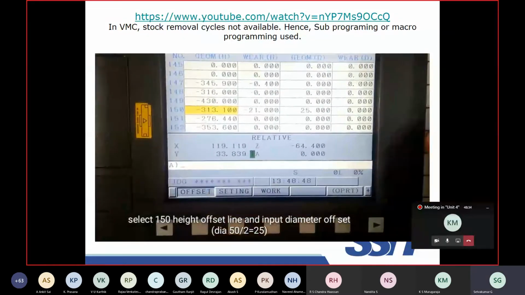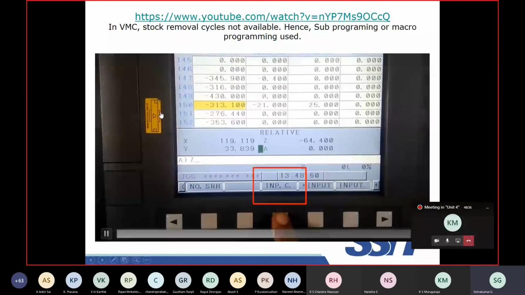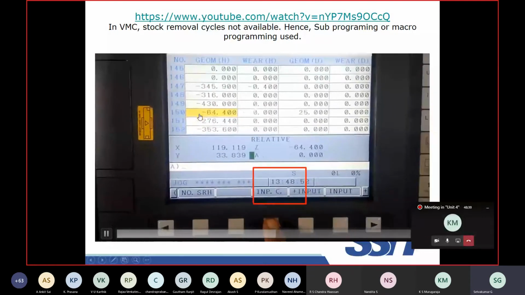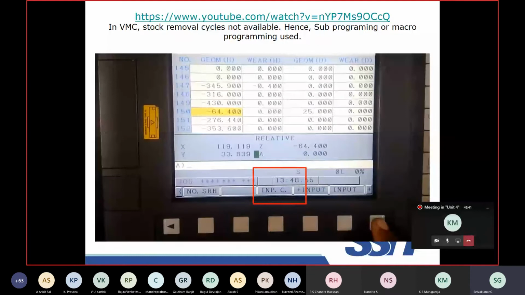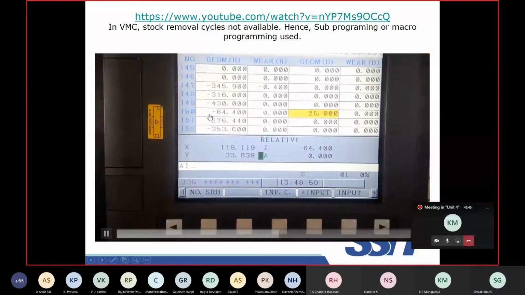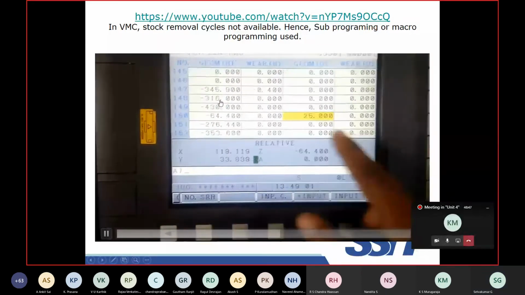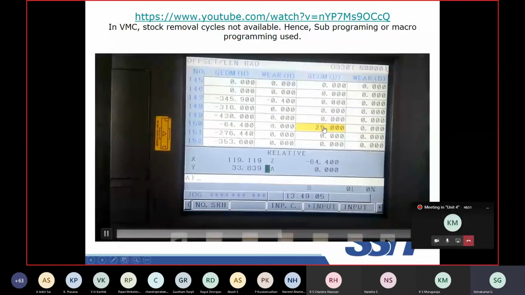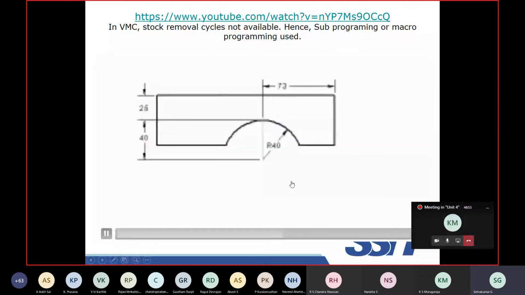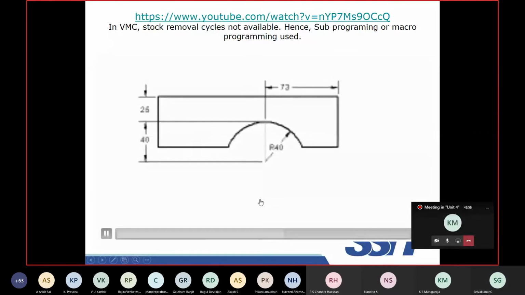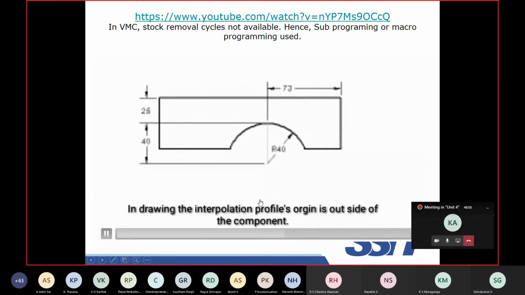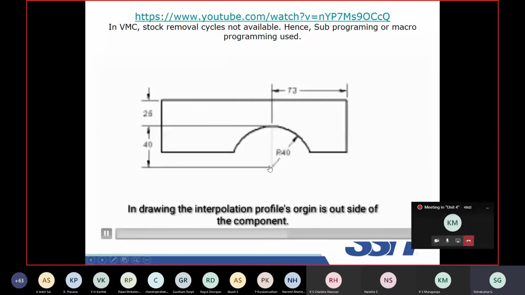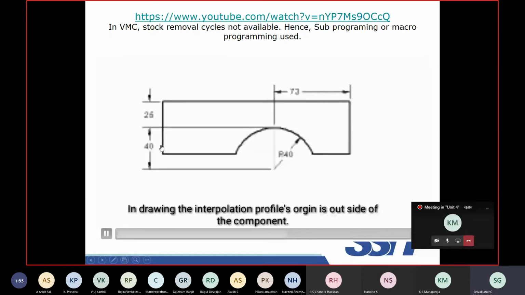You look at the geometry offset, this value we have to insert 60, right? Okay. The diameter is T, offset is 25. So the center is 10 mm away.